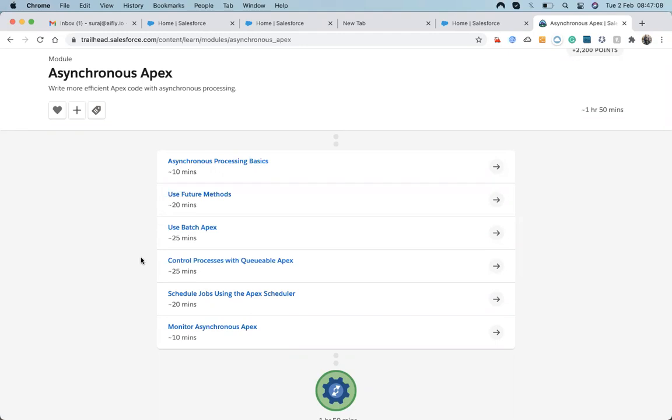It usually happens that suppose I have designed a future method that updates a record. On the update of that record, some other developer has designed another future method that will do something else.